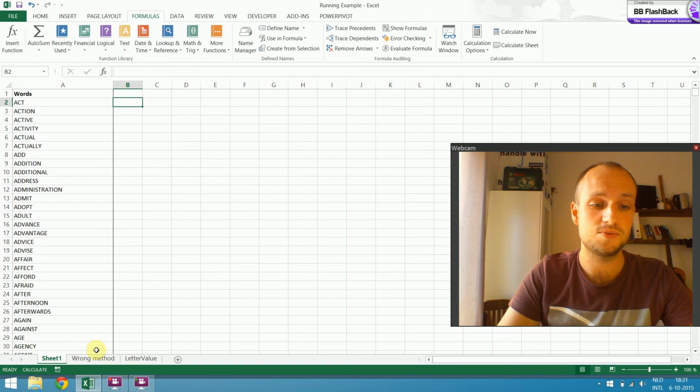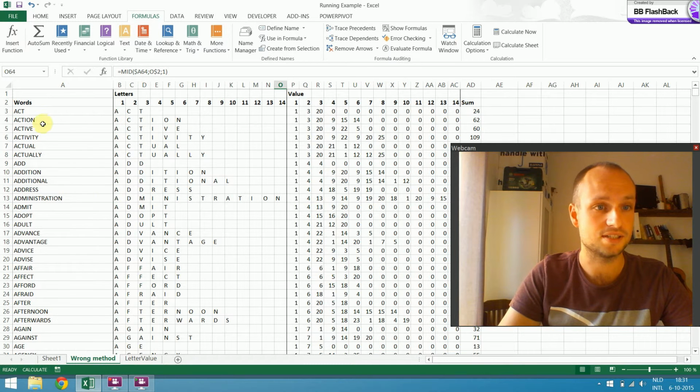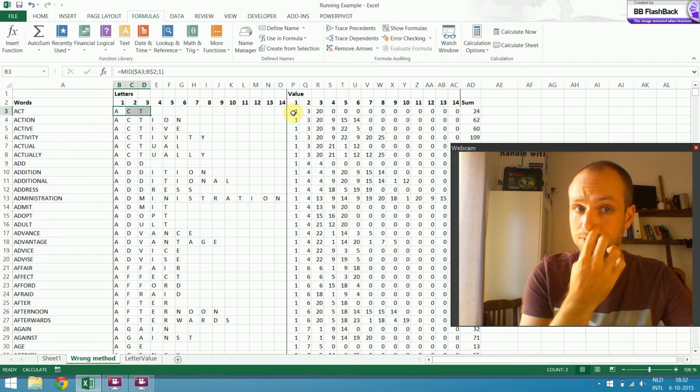Well, the most intuitive way to do this is to separate all the characters here. I've done it here, and then assigned values to these characters.